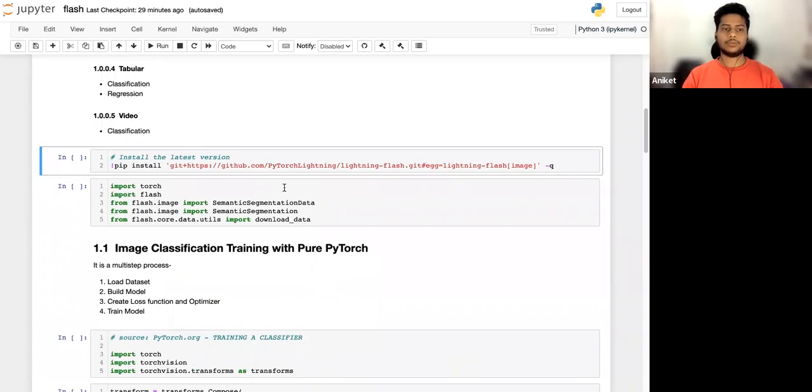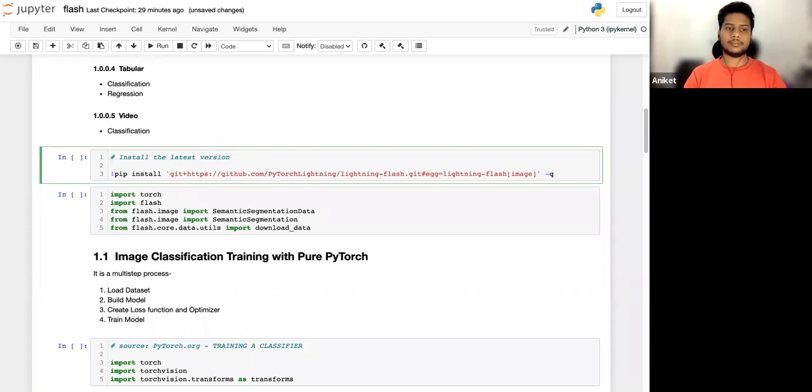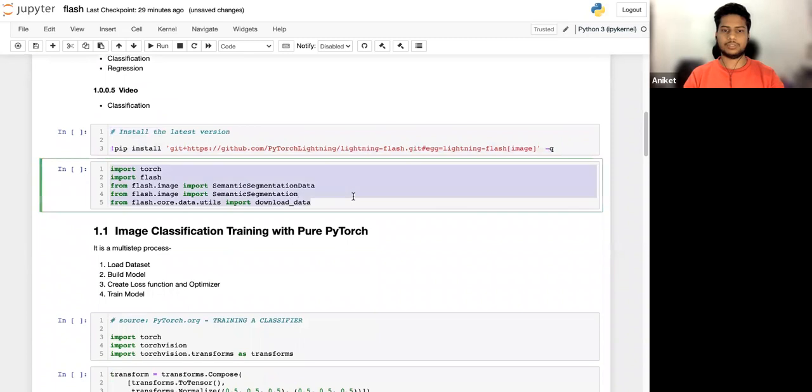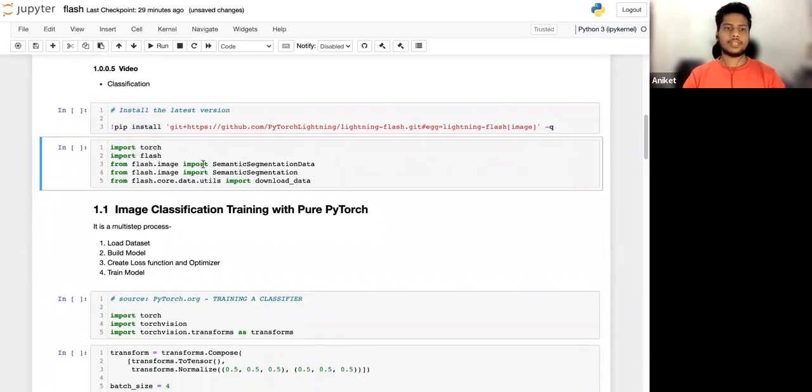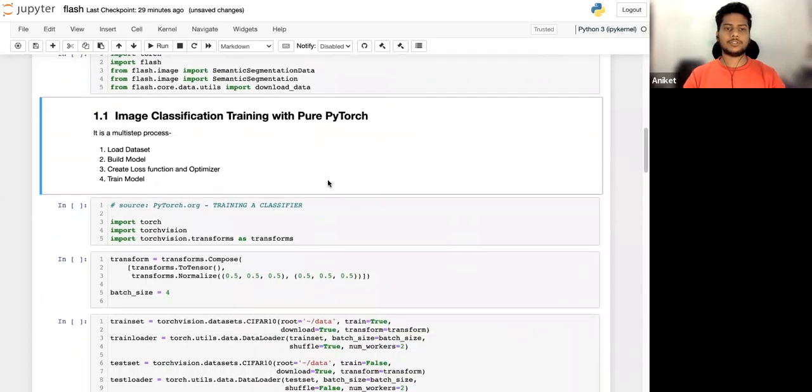So how can you install Flash? You can do pip install lightning-flash, but I have here used the latest version, which is not required in all cases, but I wanted to use the latest code from Lightning. So after installing Lightning Flash, here I will show you an image classification training with pure PyTorch.